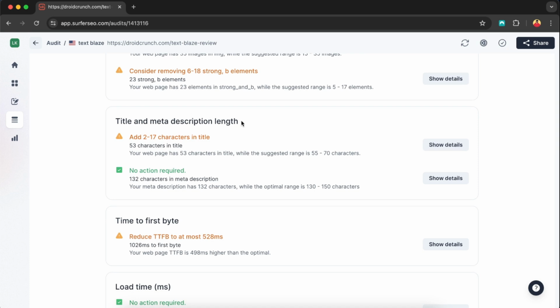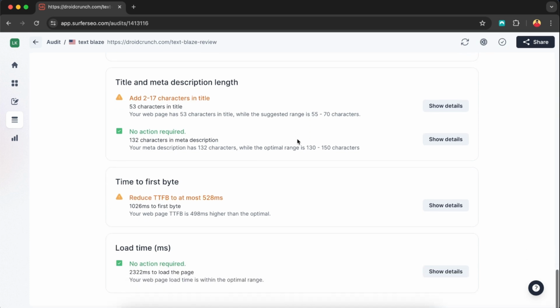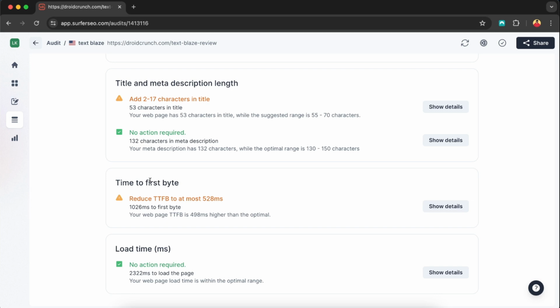And then you have the title and description length settings, and time to first byte. That is not for the on-page SEO, but you will have to see to that as well. If you want your content to load faster, you will have to make sure you have good hosting and your website stack is quite good. It is optimized well, and JavaScript or CSS and render-blocking resources are not delaying the content from loading. And then you can see some load time settings in ms, and this affects a lot